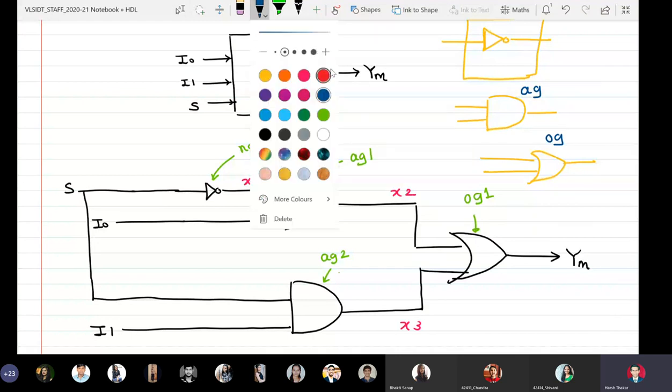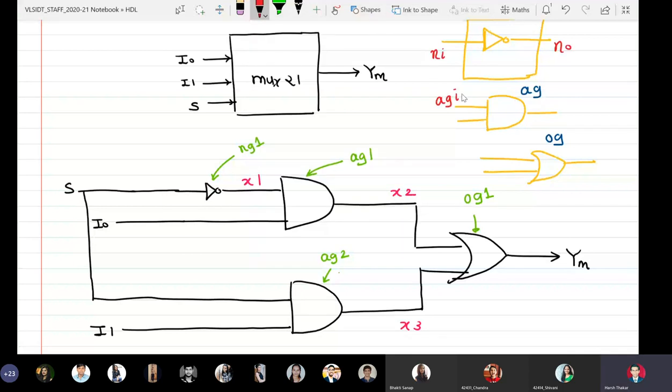Okay, so we can say NI, NO, and we can say AI1. You can also think of any other simpler system. So we can say AI1 is the first input of AND gate.